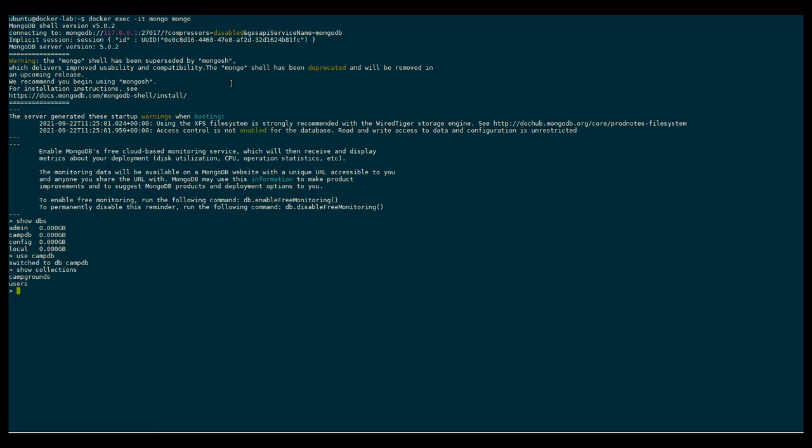Let's check if the user that we created is successfully stored. As you can see, the user ABC123 that we created is successfully stored in the MongoDB database. This completes this build and run application demo.